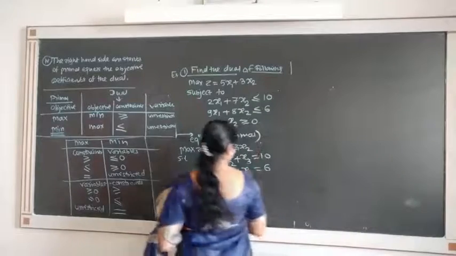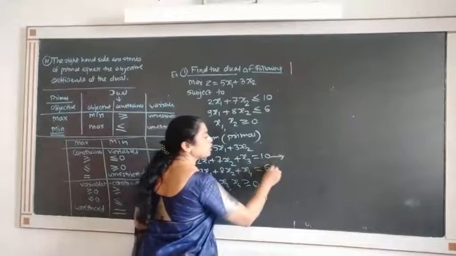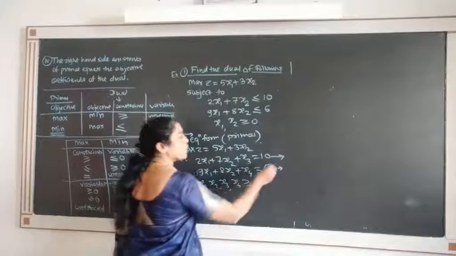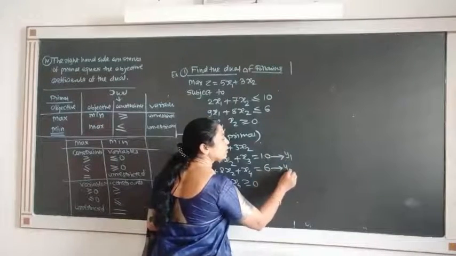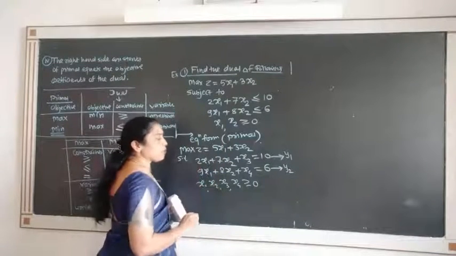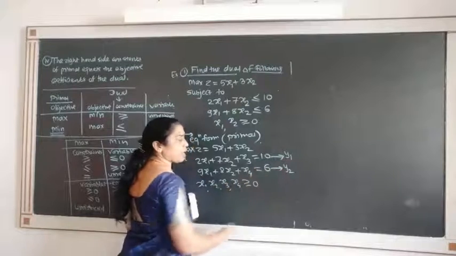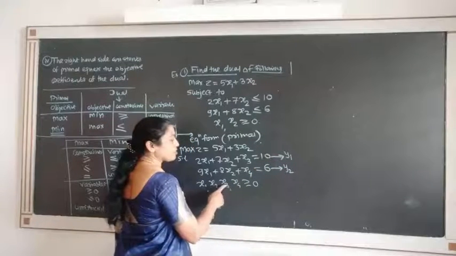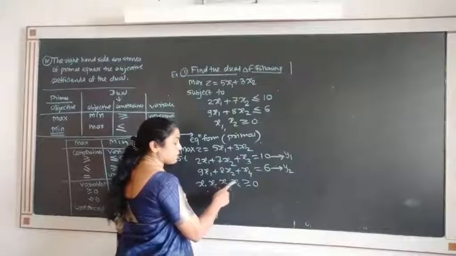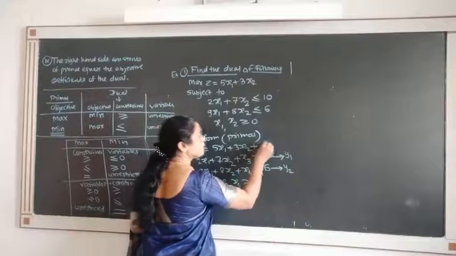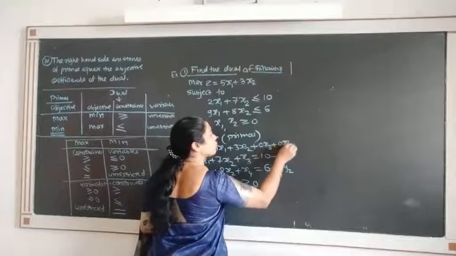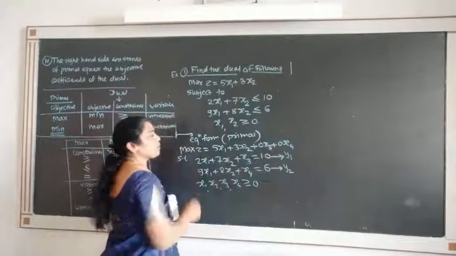See what we are doing now. Corresponding to each primal equation, we are assigning a dual variable. So I will assign the dual variables y1 and y2 corresponding to these primal equations. Because we have taken x3 and x4 as slack variables, we will add 0x3 and 0x4 in the objective. So this is our maximization.